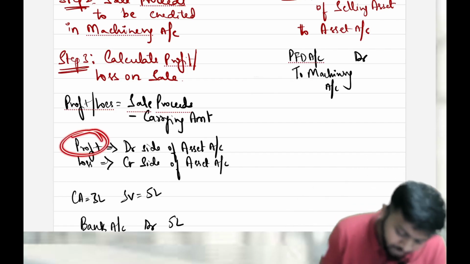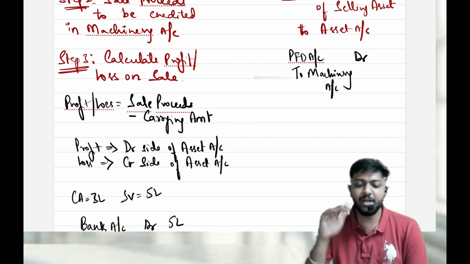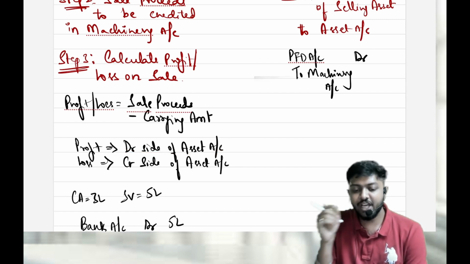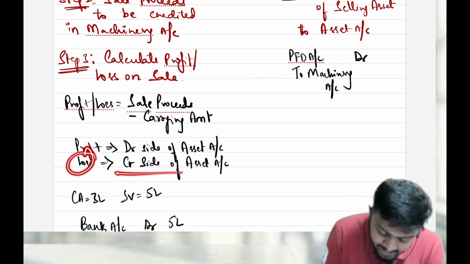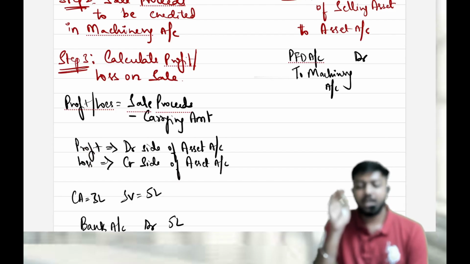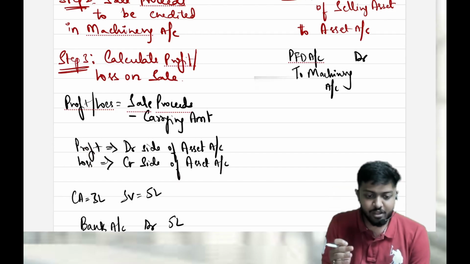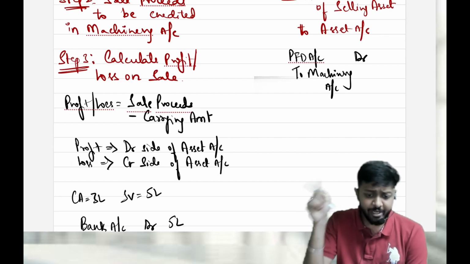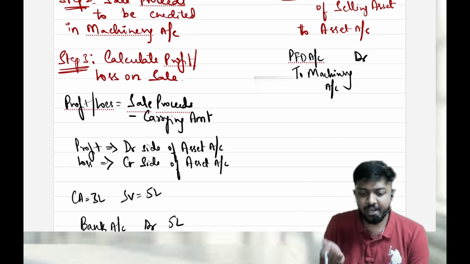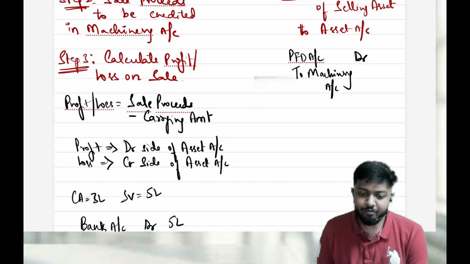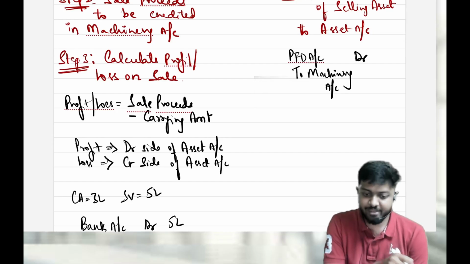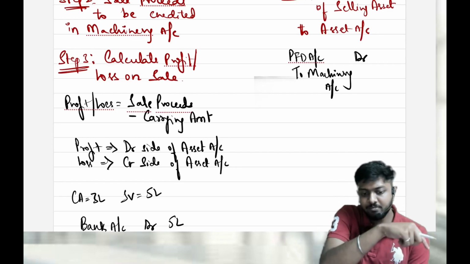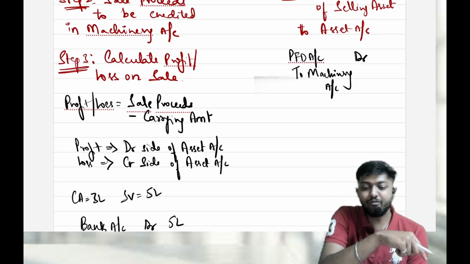If you get a positive number, it's a profit, and it should come in the debit side of the asset account as to profit on sale of asset. If it is a loss, it should come in the credit side of the asset account as loss on sale of asset. Because if loss comes in the credit side, the entry is loss account debit to machinery. Correct? Loss is an expense, increasing, so debit. We already know profit should come in the debit side of the asset. The entry will be, anti-clockwise: asset account debit to profit on sale account.